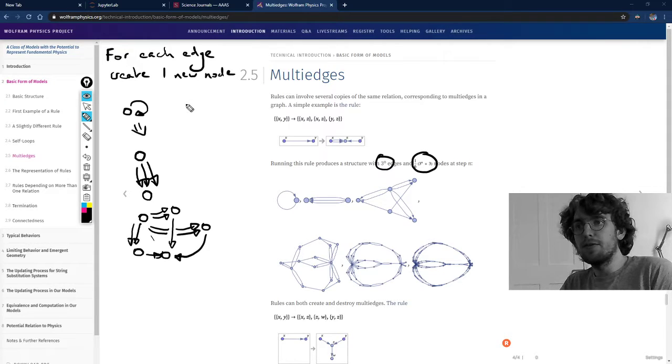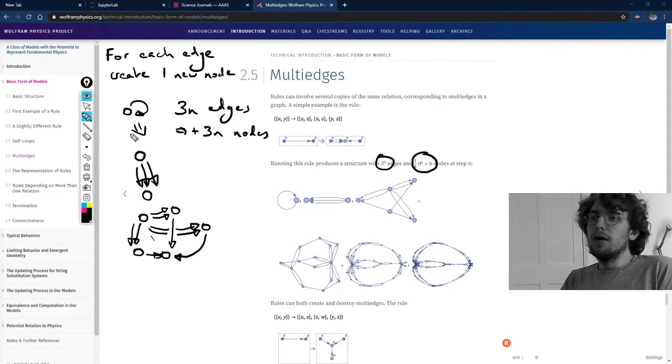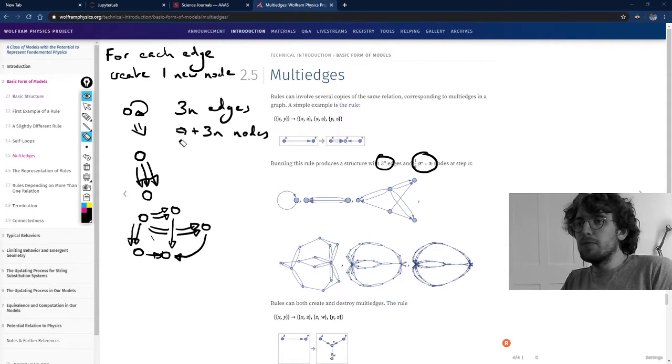So before we had, each time we had 3^n edges, leads to add 3^n nodes. So in fact that's